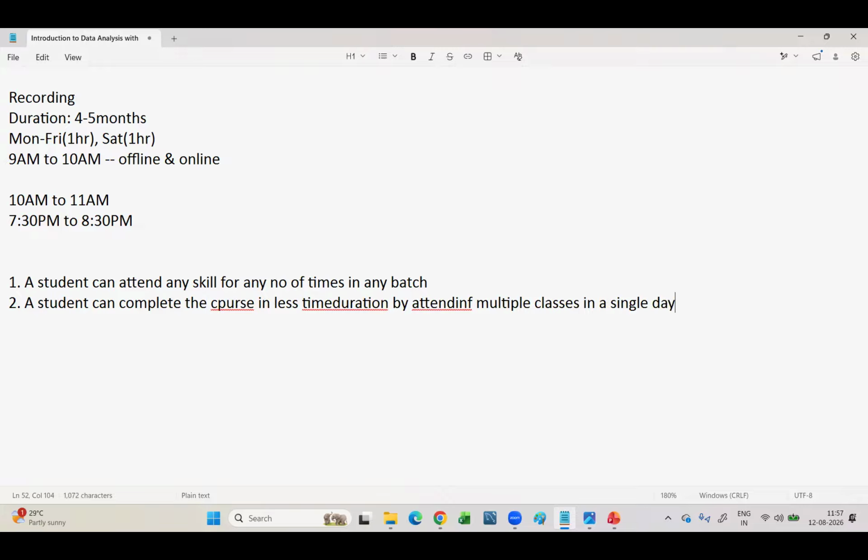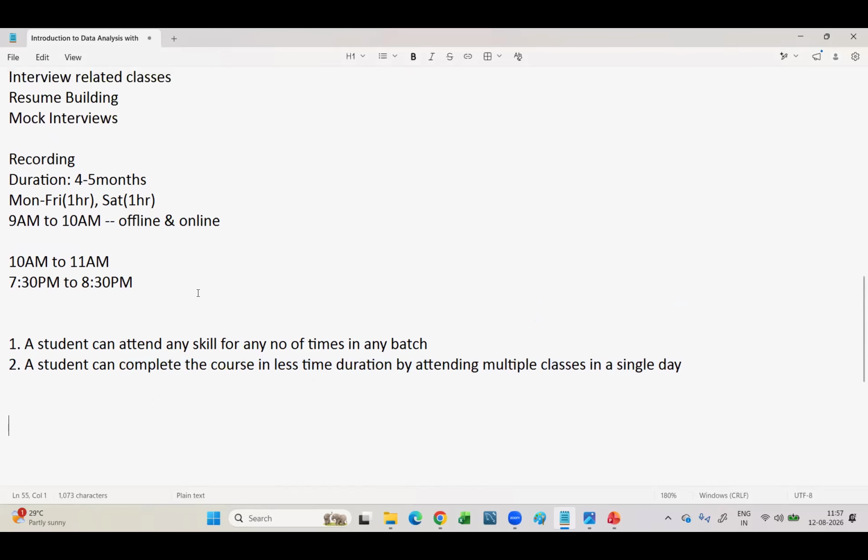Someone will say, sir, if I attend in that manner, am I not going to get confused? Let me tell you, you used to do the same thing in school days also. First subject mathematics will come, second English, again social, where there is no link at all. But here at least you have some linkage between the subjects. You can understand it easily. Let's say you got some confusion in one of the subjects or didn't get the practice time. No problem. The same skill set you can attend again at another time, whichever is repeating.